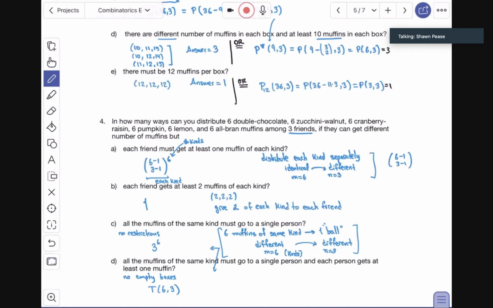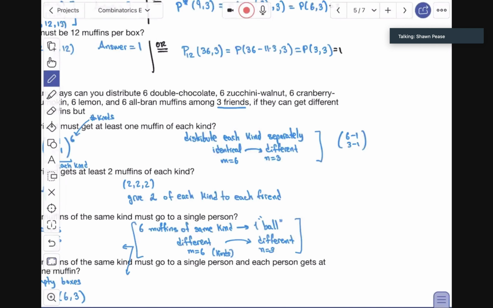Oh, 3 friends. If you distribute basically 2 for everybody, 2 double chocolate, 2 zucchini, etc. Exactly. We have friend 1, friend 2, friend 3, and here you have 2 double chocolate, 2 double chocolate, 2 double chocolate, right? And then that's it. And then 6 zucchini. So it has to be at least 2 per friend. It has to be 2 zucchini